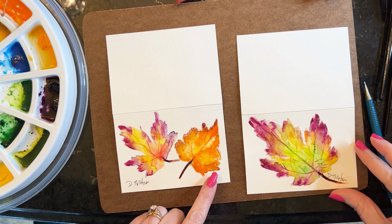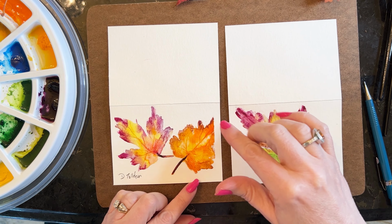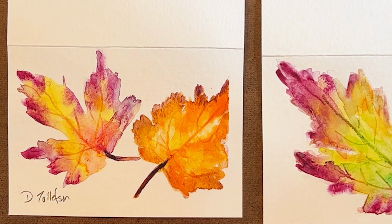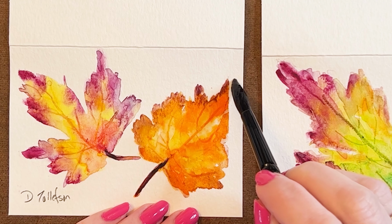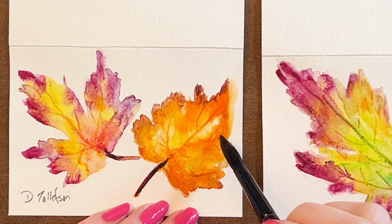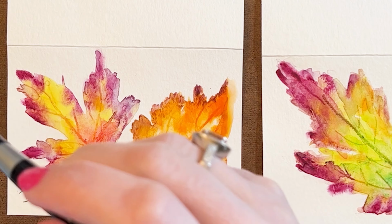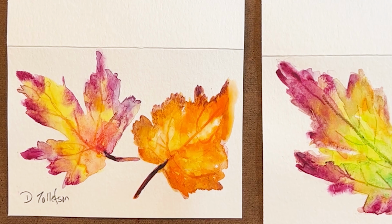Now I can see I've got a bad edge here on this leaf. So if that happens to you, let me show you what you can do. Let's go ahead and just finish that leaf a little bit. We're going to reactivate it with some water. And let's go back in with our colors and just add a little bit more pigment on top